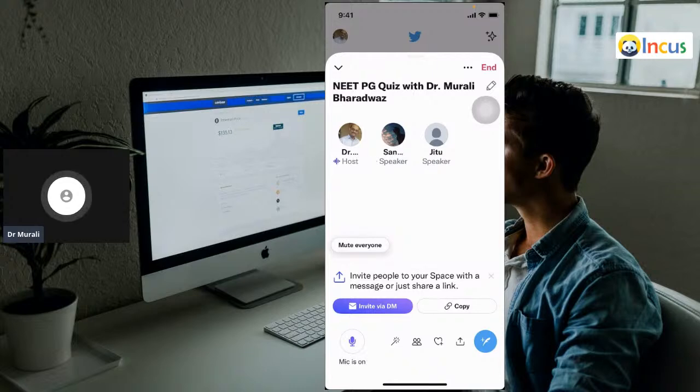CURB-65 criteria. They are used for predicting the mortality in which condition? In pneumonia, sir. Community acquired pneumonia, CAP. Okay? CAP. That's good. So before we say goodbye to this wonderful evening session, I want to quickly ask you